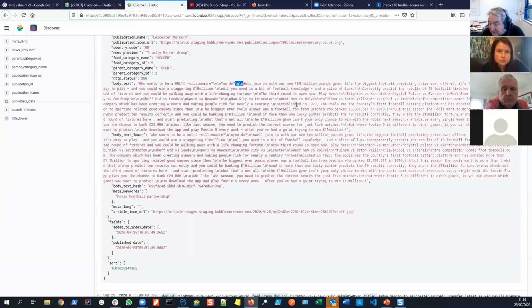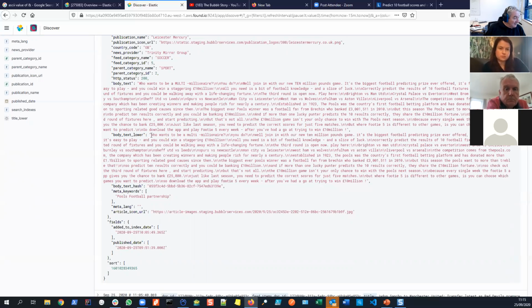\n is a bit like encoding again, but what that represents is just line feeds. So in other words, you've hit return on the end of it. So there are special characters built into it. Probably you're not going to be bothered about those. Elasticsearch deals with all that, so you don't really have to worry about it too much.